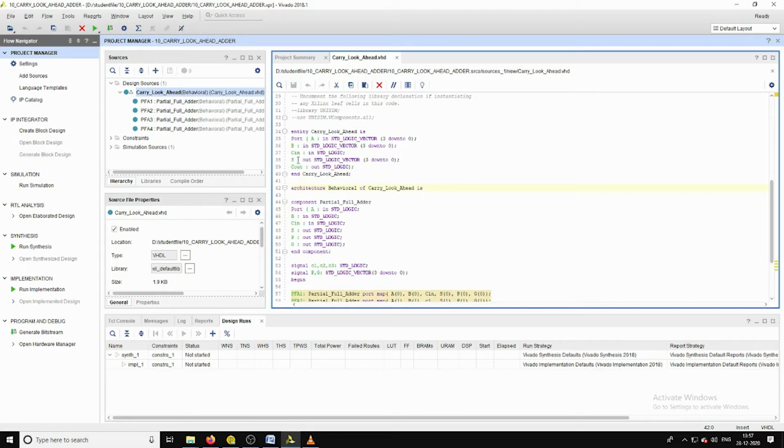Here the S is the 4-bit vector, as we are going to add the two inputs A and B of size 4 bits each, and initially we are considering one carry input, and based on this carry input also we are going to compute the sum of that individual adder.